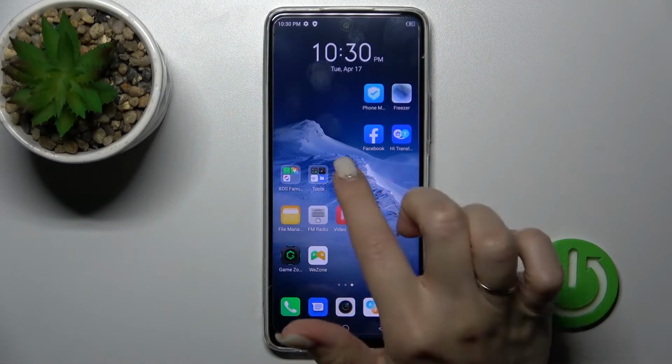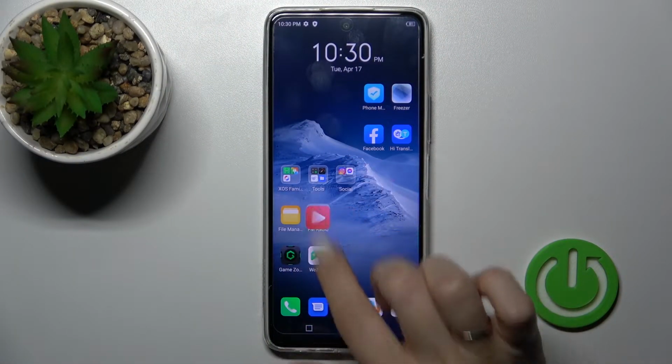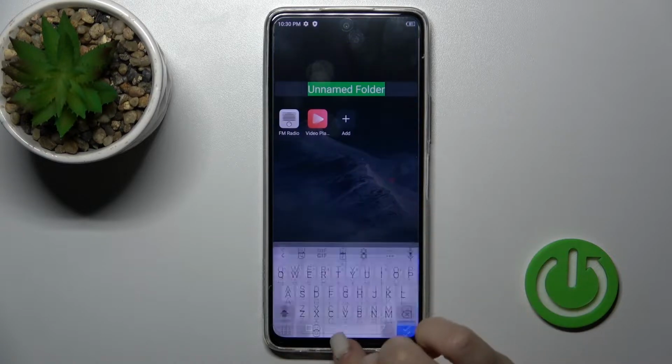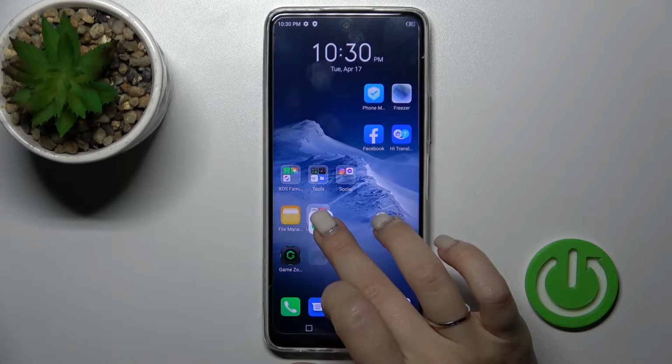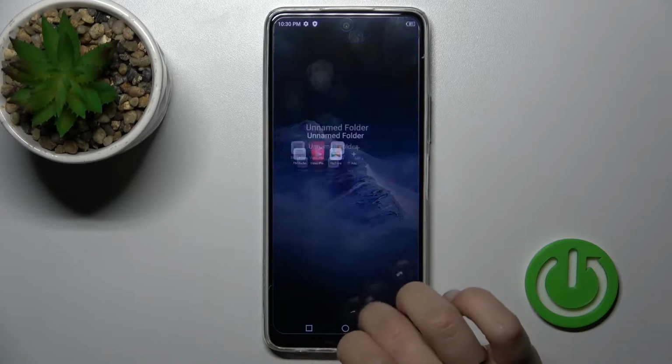So first, let's just select the application and drag this app onto another one, and now we can see here the newly created home screen folder. If you want to add one more app, you can do it this way, or